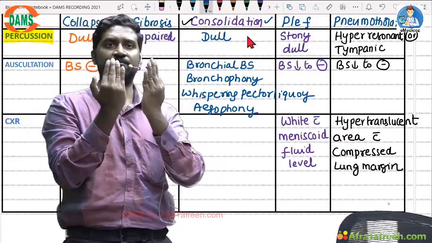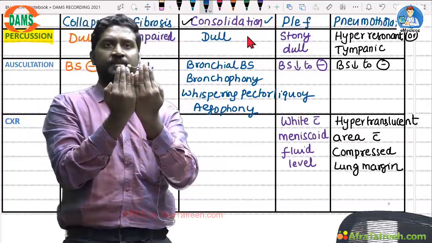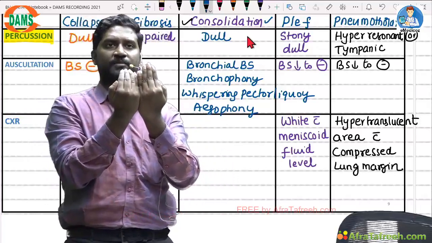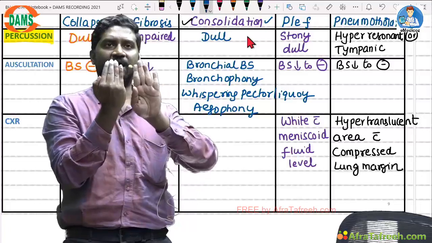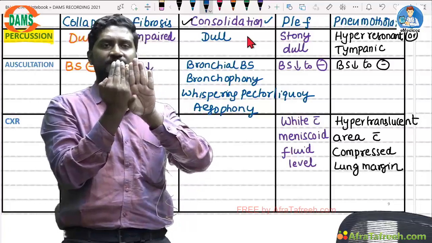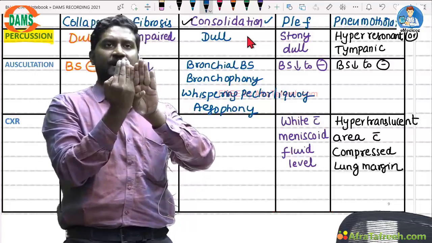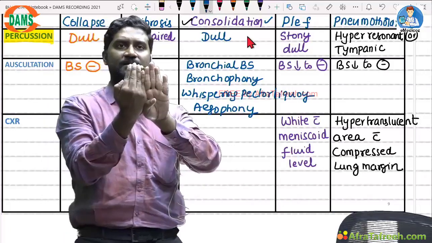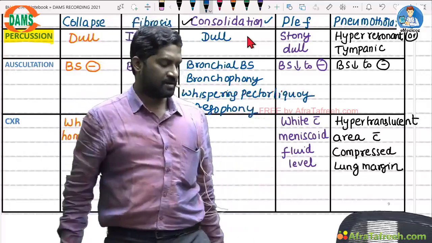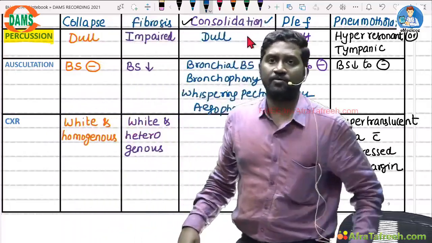So previously, why were air bronchograms not seen? Because previously the bronchus was black, alveoli were black. Now what has happened in consolidation? Alveoli are filling with secretions, so they are becoming white. Against this whitish background, now air in the bronchus can be clearly seen. This phenomenon is called air bronchogram sign.